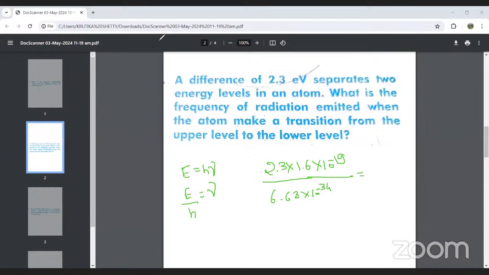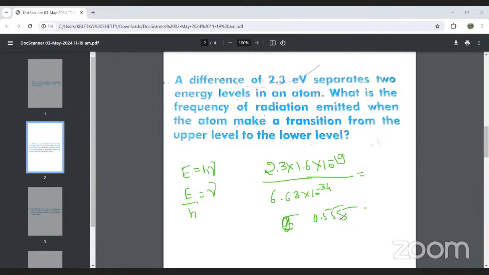Yes, so Bhagya, your answer is right. Or else in decimal you are getting 0.5555. Any power you are getting or not? Is there a power, 10 to the power of anything? 10 to the power of 19, ma'am. 10 to the power of 19. Okay, fine, no problem. If I shift the decimal, I can also write it as